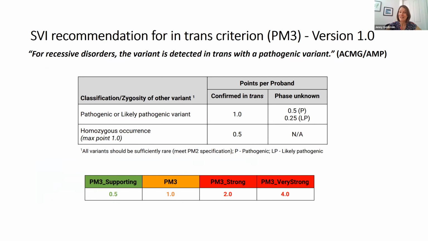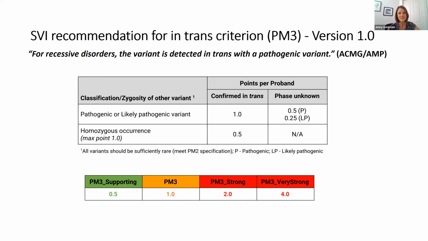Of course, when you're looking at recessive disorders, often you are looking at compound heterozygotes. So you're analyzing one variant, and then you've got this other variant, which is either in trans or you know it's in the patient, and you might not know the classification of that one. So that's always a little bit of a challenge. What do you do there? So we would typically curate that second variant as well, so that we can decide how we want to apply